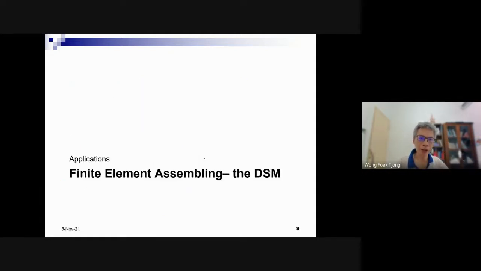So this is the focus of our lecture today regarding the applications of the bar element using the direct stiffness method, of course. Once we formulated the finite element, we can implement it using the direct stiffness method. But before proceeding to this topic, any questions regarding the formulation of governing equations?